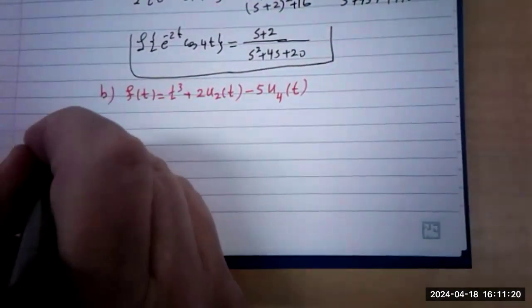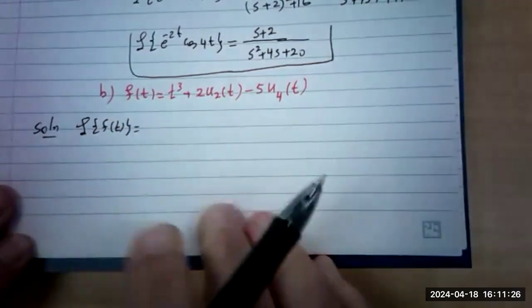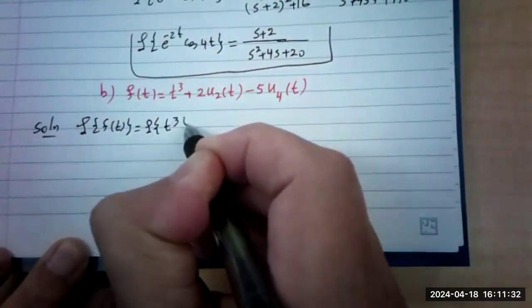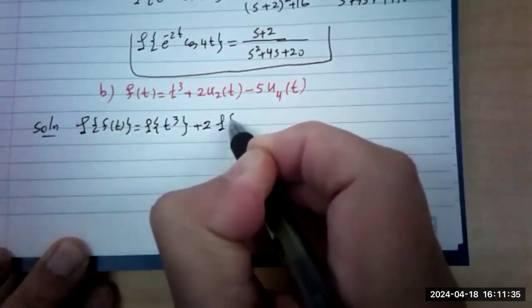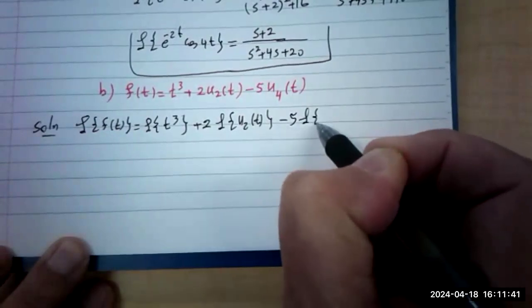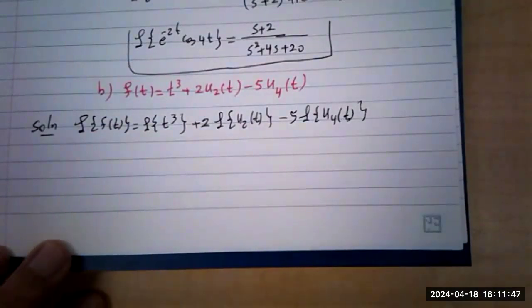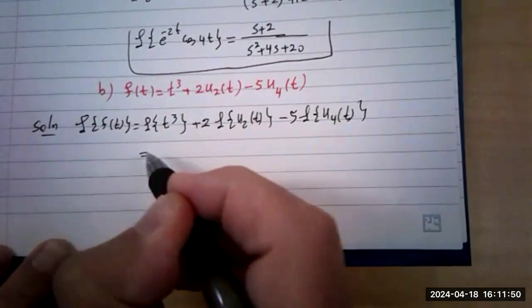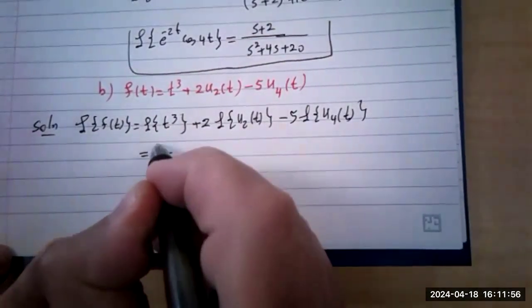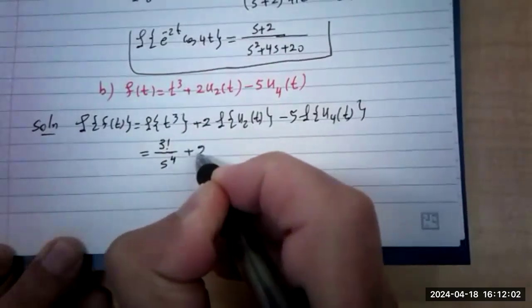So the solution is going to be the Laplace of f of t. It's going to be the Laplace of the first one, the Laplace of t cubed, plus 2 times the Laplace of u2(t), minus 5 times the Laplace of u4(t). Substitute and you get: the Laplace of a power of t, you know that it's n factorial over s to the n plus 1. So it's going to be 3 factorial over s to the 4th, plus 2